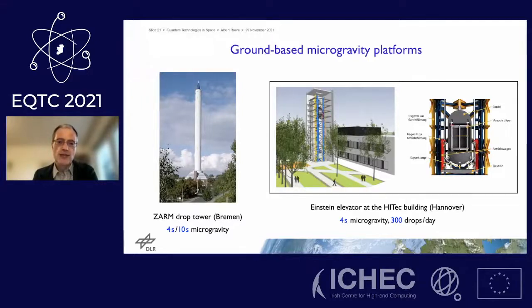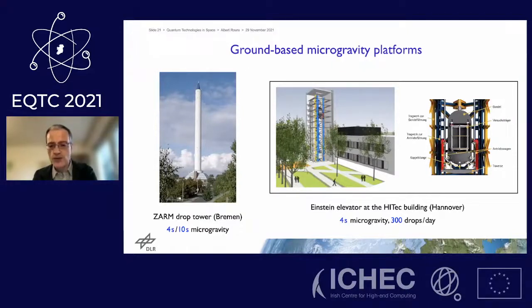And the key role for that is actually the preparation using ground-based microgravity platforms. And I'm illustrating that here with two particularly relevant ones. One is this drop tower in Bremen, where one can either drop a capsule or launch it from the bottom, and that gives you, I wrote 4, but it's almost 5 seconds of free fall time, of microgravity time when you drop it from the top, or nearly 10 seconds when you launch it from the bottom. This has only a limited number of drops that you can have per day, and that's one of the main limitations. Interestingly, there is also now another facility, the so-called Einstein elevator in Hanover, where one can achieve fairly long